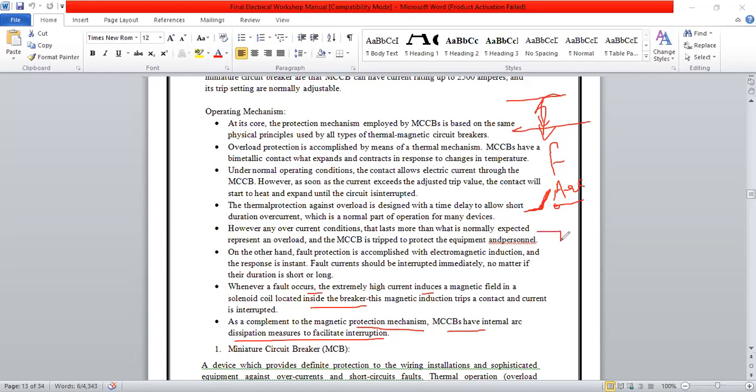Suppose there is one rod, or one conductor, and this is another conductor. First of all, we want to connect this conductor, and these two conductors are connected, and now I want to open them. So at that situation, some arc will be ignited in the air gap between these two conductors. What is meant by arc? Anyone? Does anyone know the concept of arc? Hello, give me a reply. Hello, concept of arc?